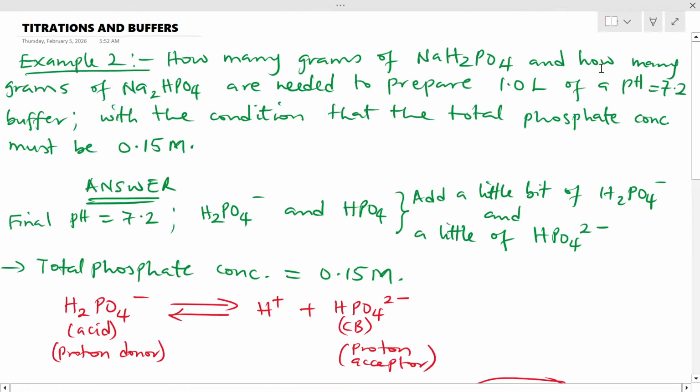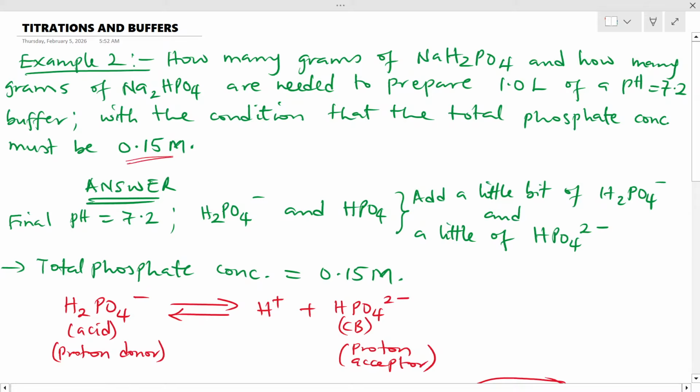So the next question is example 2. In example 2, we have: how many grams of sodium dihydrogen phosphate and how many grams of disodium hydrogen phosphate are needed to prepare 1.0 liter of a pH equals 7.2 buffer, with the condition that the total phosphate concentration must be